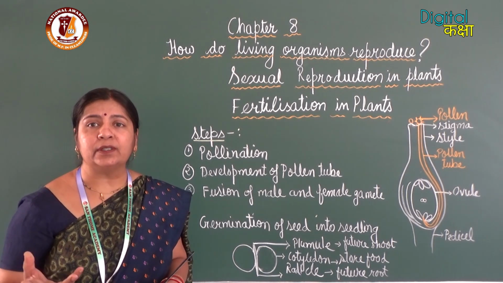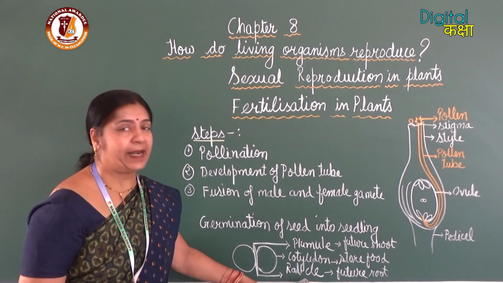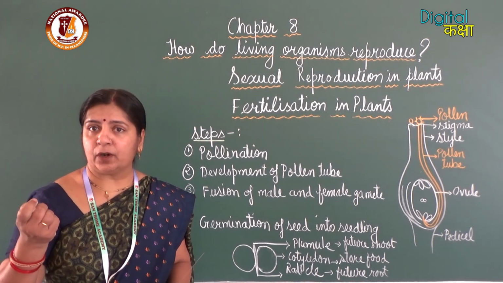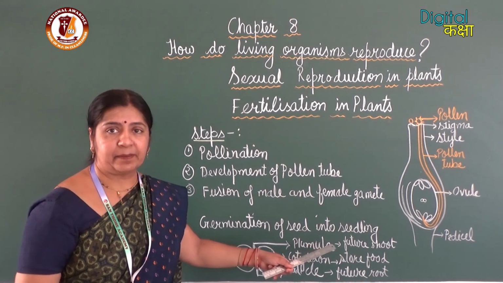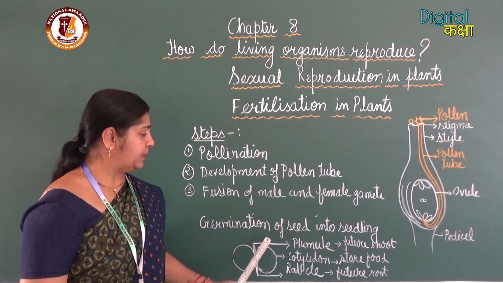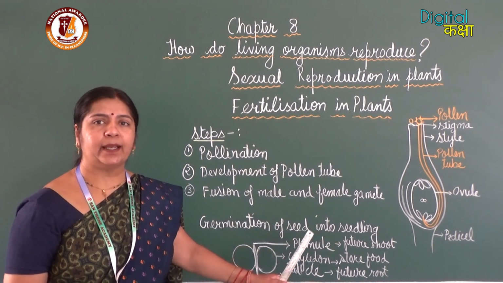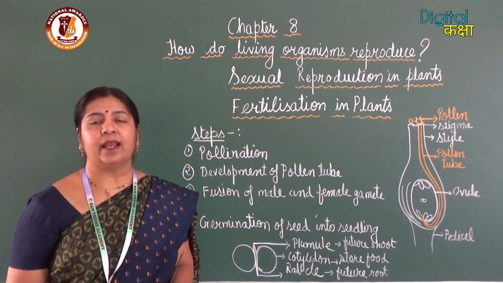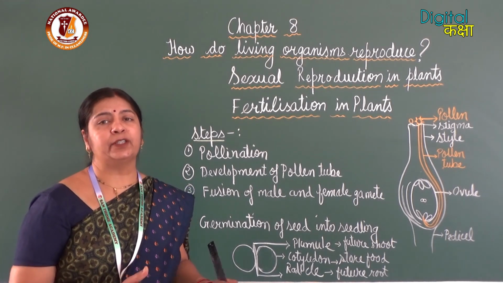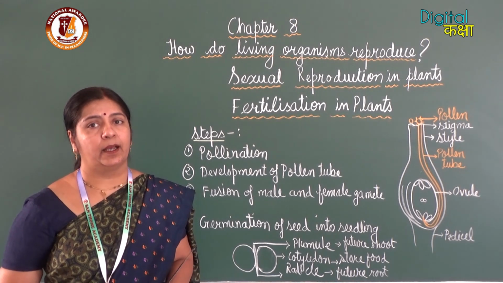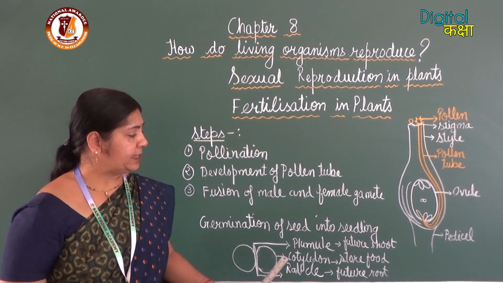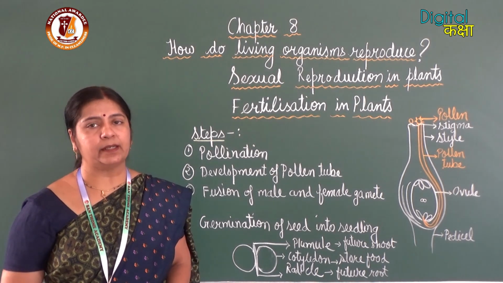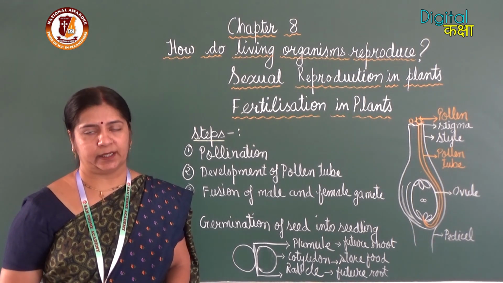So when we see the seeds germinating and you see the outgrowth coming out which grows downward, these are the roots developing from radicle. And after few days you see another outgrowth, that is the stem developing. So that is the plumule developing into stem. So in this way a seed develops into a seedling. So this diagram again is very important and all the labelings are also very important.